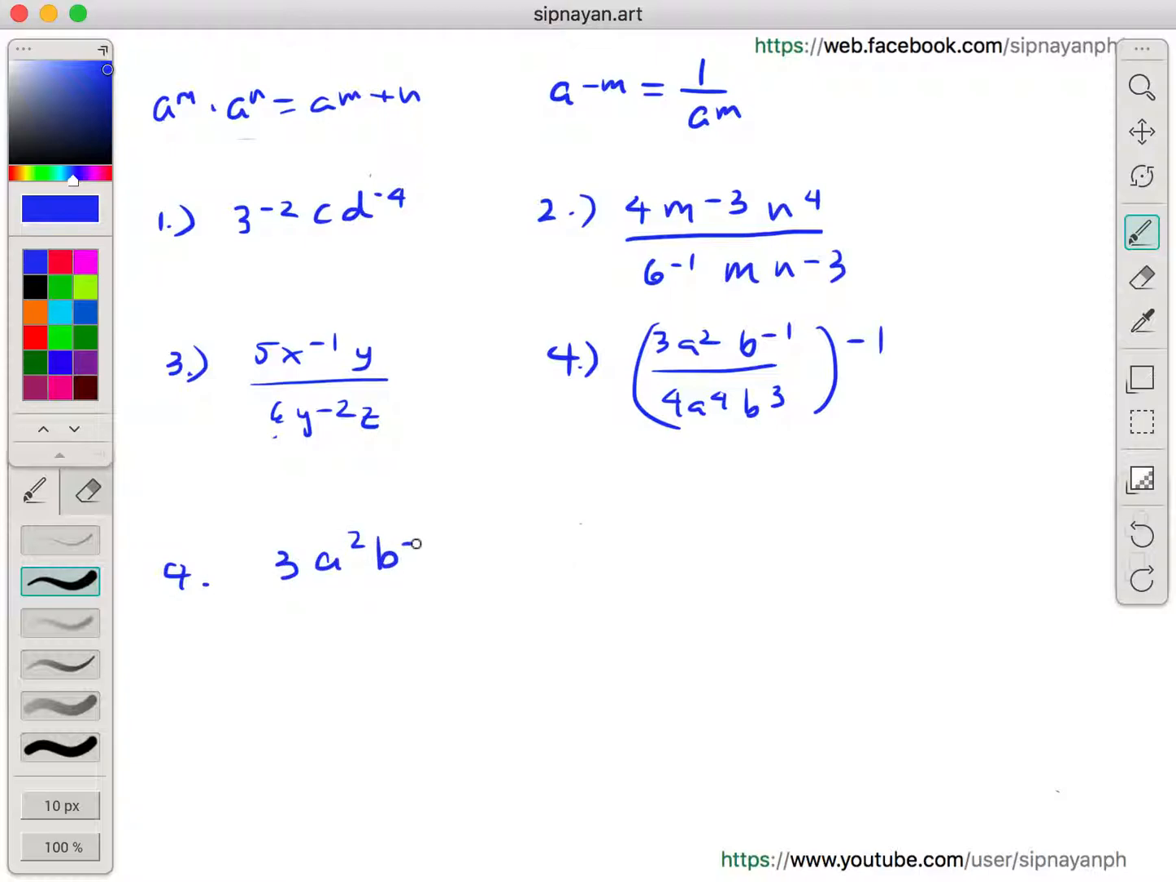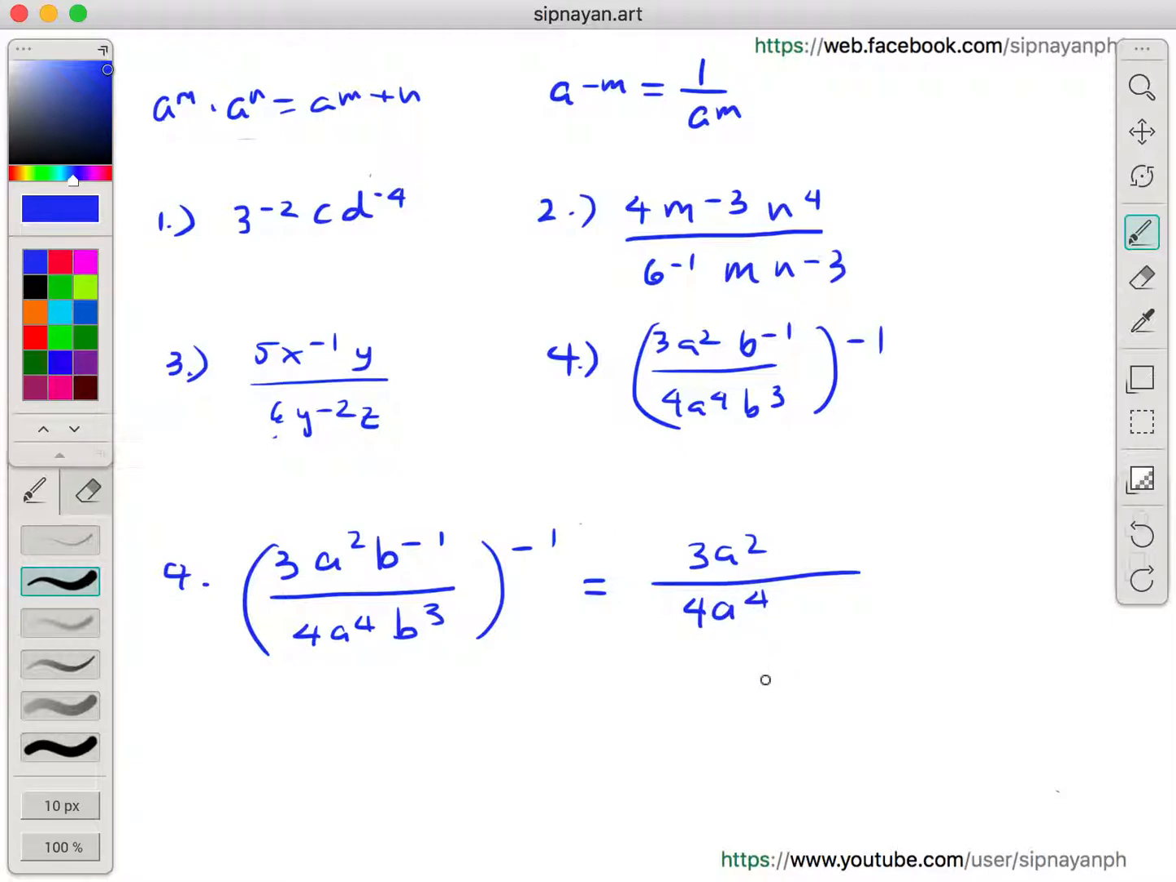3a squared b to the negative 1 over 4a to the fourth b cubed, all raised to the negative 1. Only one here has a negative exponent. So, it becomes 3a squared over 4a to the fourth b cubed. Then the b to the negative 1, we move it, and it becomes b. Going down, it becomes negative 1. So, it becomes